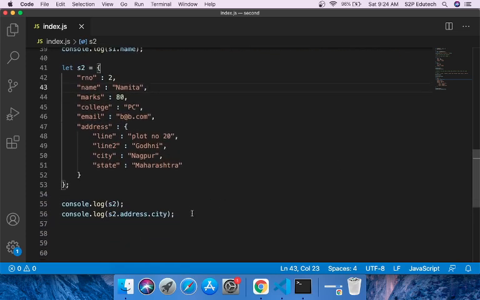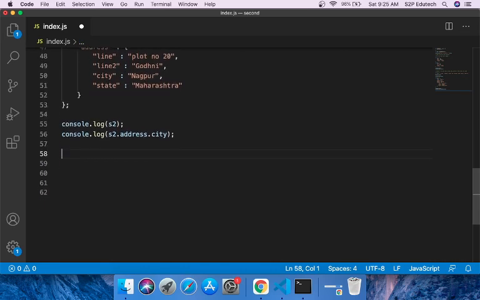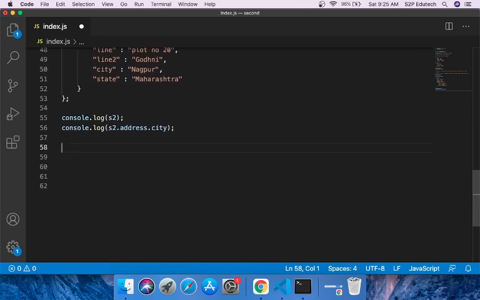Now as a task, what I want you to do is this. Represent a city using JSON format with the following keys.